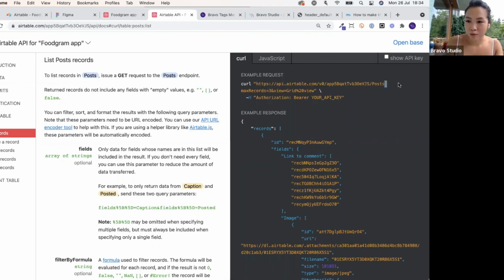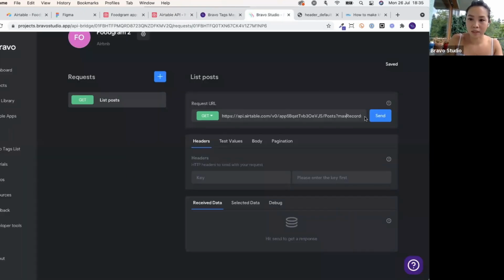And then after the question mark, you have filters or parameters on how you want the data to be displayed. So here, Airtable already gives you some example parameters to work with, and you can keep them or you can not keep them. So what we want to keep is the second part, which is view equals grid view,